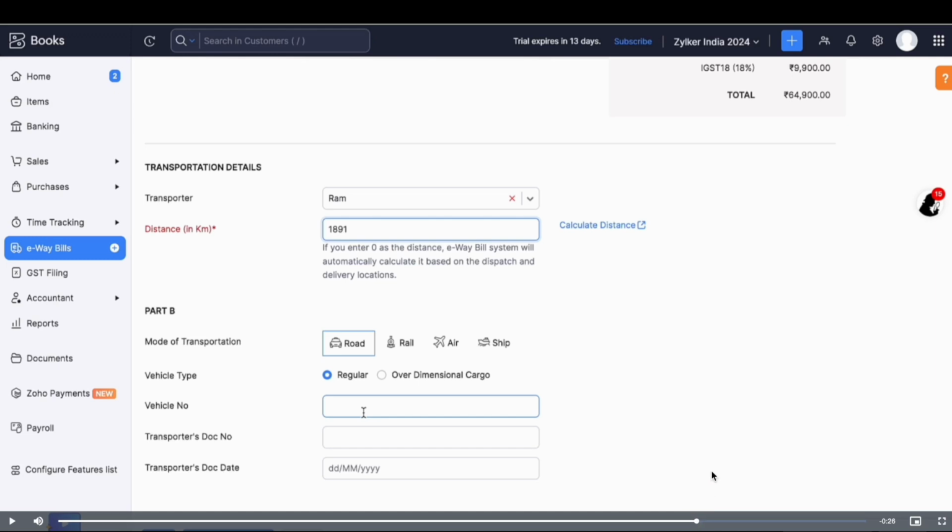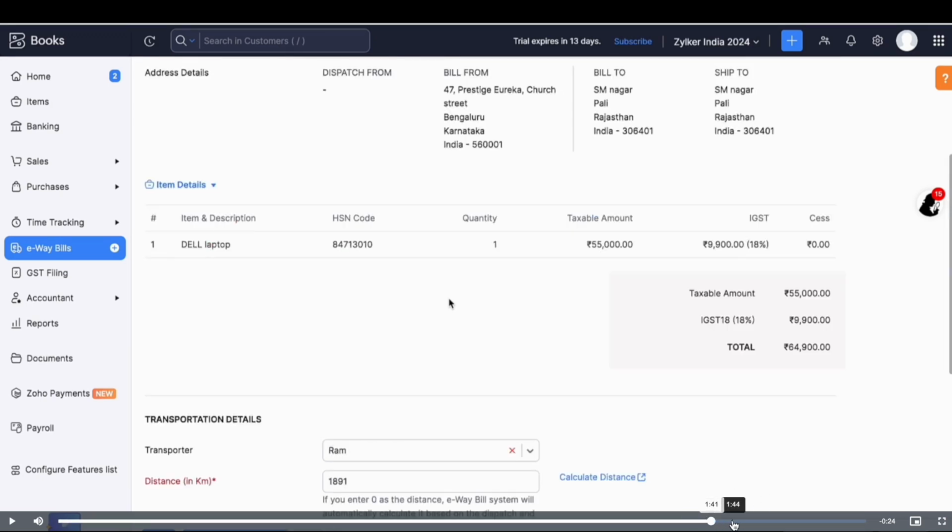Once you have filled in the part A details, the transporter details, the next step is to fill the part B details. This can be filled in only if you are moving the goods, or if you have hired a transporter, then the transporter will fill in the part B details. Once done, click on